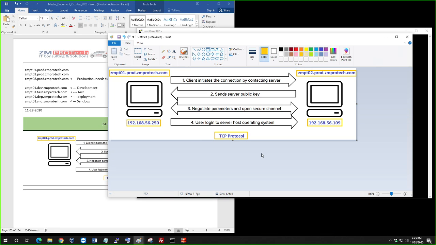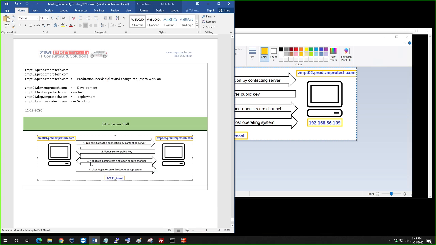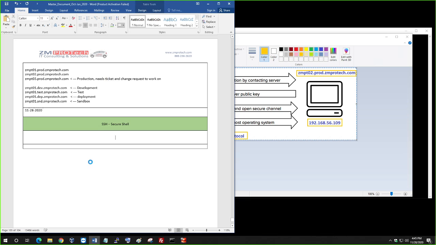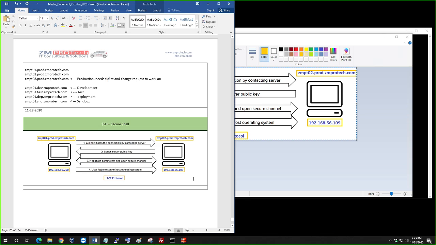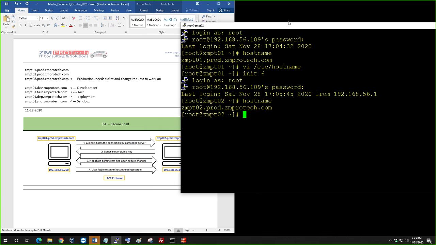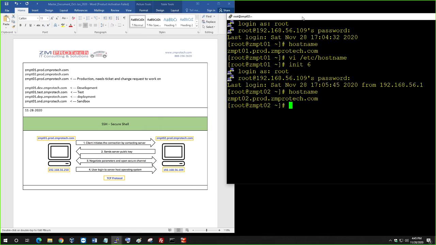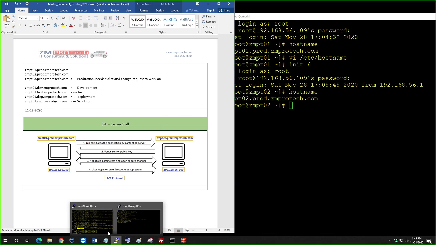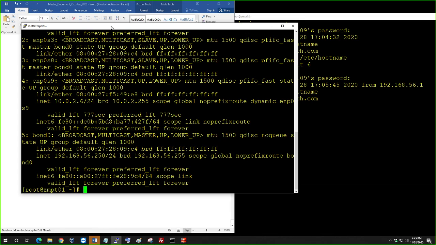Okay, so what we're going to do is copy from one place to another place here, right? So let me minimize this here, and I'm going to keep ZMPT2 on the right side, and ZMPT1 on the left side. Okay,